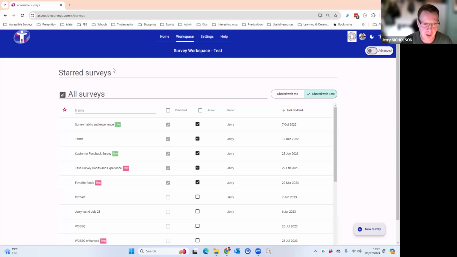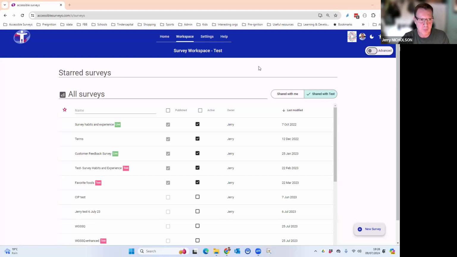If you just give me 1 minute, be with you. Okay. I'm sharing my screen. You should be able to see the heading of the page should be Survey Workspace Test. Christoph, can you just confirm that you're seeing that?